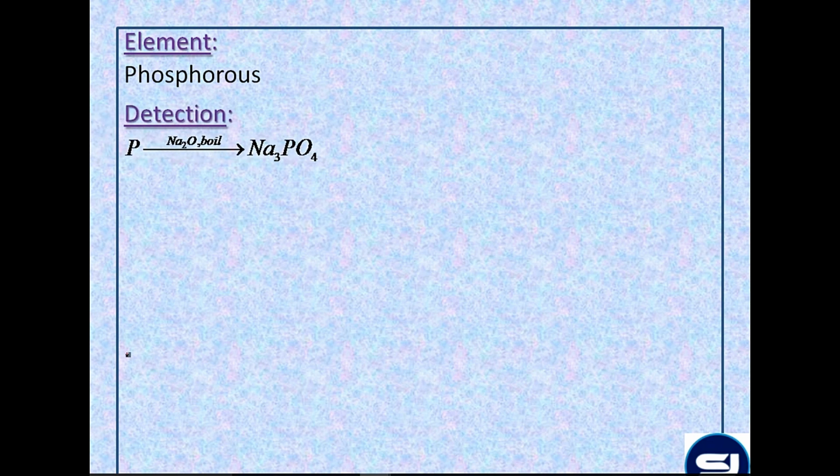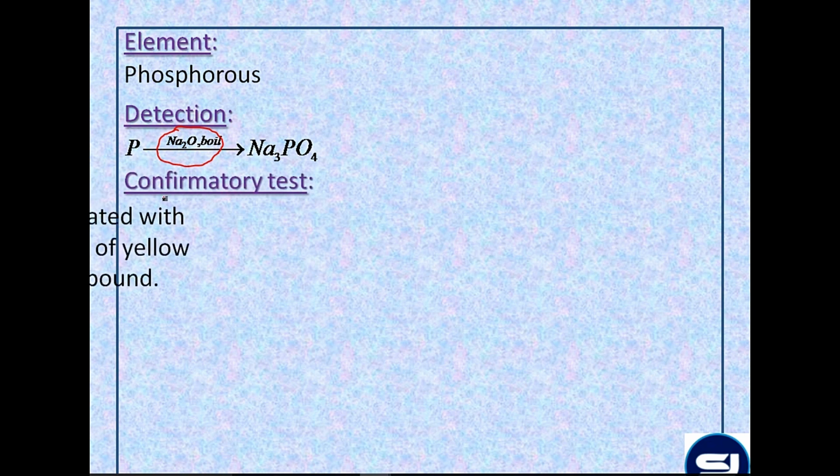And the last is the detection of phosphorus. For phosphorus, the detection is done by reacting phosphorus with sodium peroxide. On boiling with sodium peroxide, it forms sodium phosphate, that is Na3PO4. The confirmatory test is